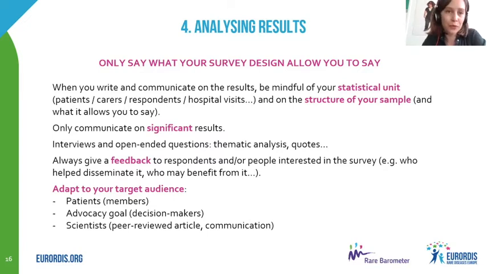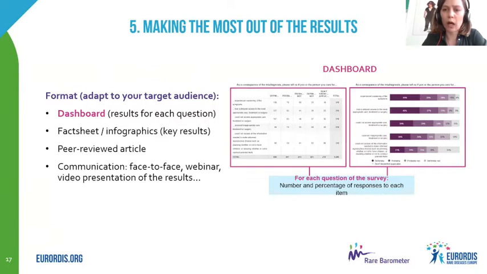So just to give you some ways to use interviews and open-ended questions, you can do a thematic analysis. You can use them as quotes to exemplify the results of your measures. Always give feedback to the respondents or to the people interested in the survey. For instance, those who helped disseminate it, who may benefit from it, and always adapt to your target audience. Would that be patients, decision makers if you have advocacy goals, or scientists if you want to publish in a peer-reviewed journal? So I won't go too much into that because those who know Rare Barometer know that also, but